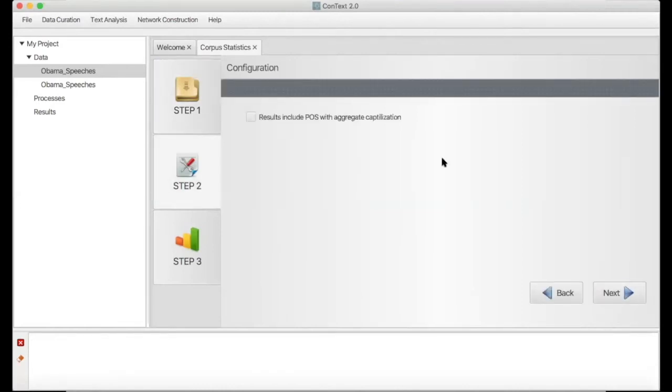In step 2, you set the parameters for the current routine. For corpus statistics, we select result include POS with aggregate capitalization. POS means part of speech, which is the grammatical function of a word. Selecting this option means that the cumulative frequency of the same word with the same part of speech will be